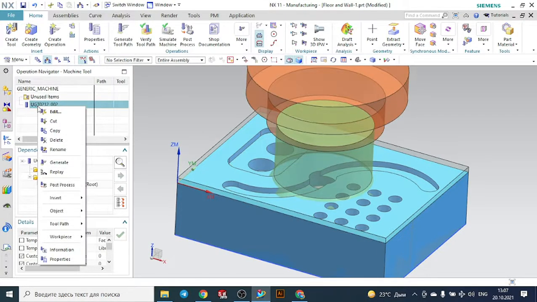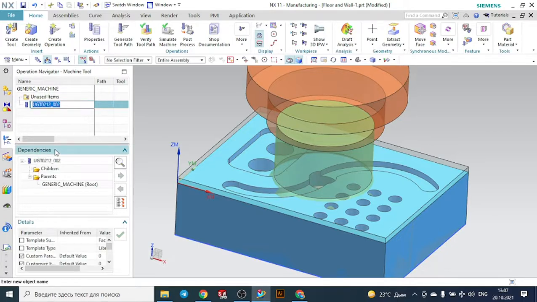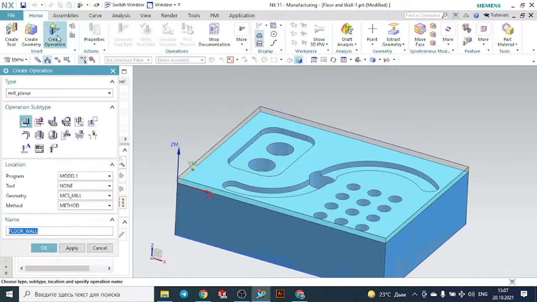You can rename this tool, face tool. You can write the diameter as 43. So the tool is created. Now as usual, the next step is to create the operation for the face milling,